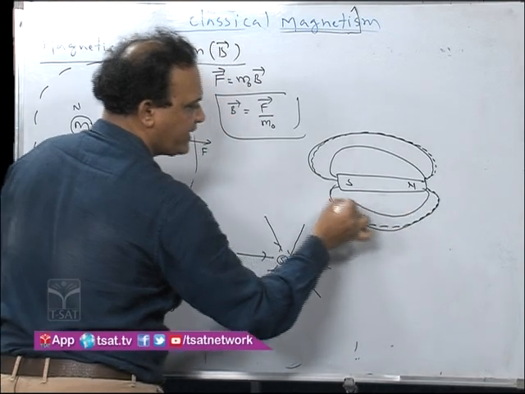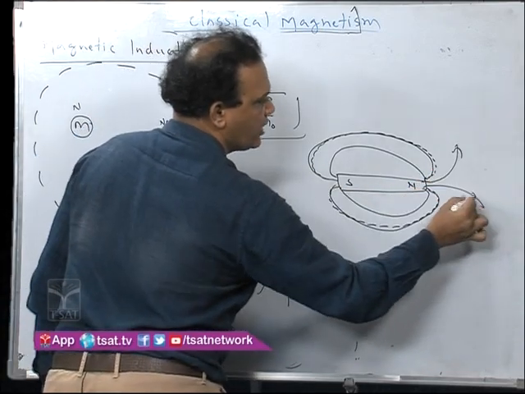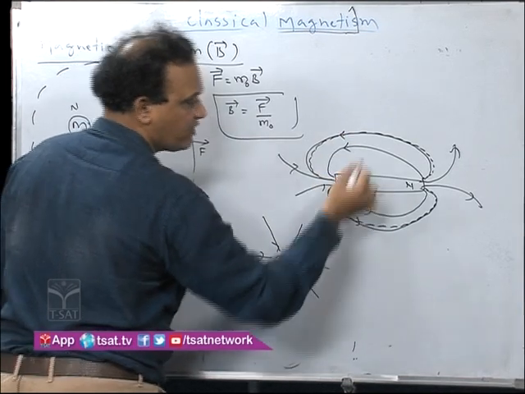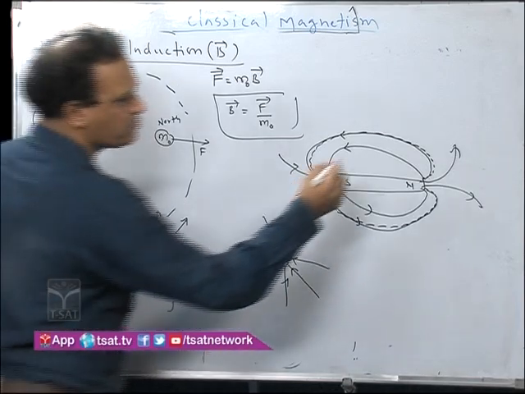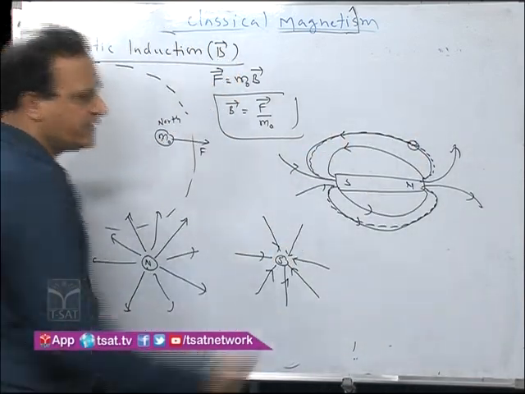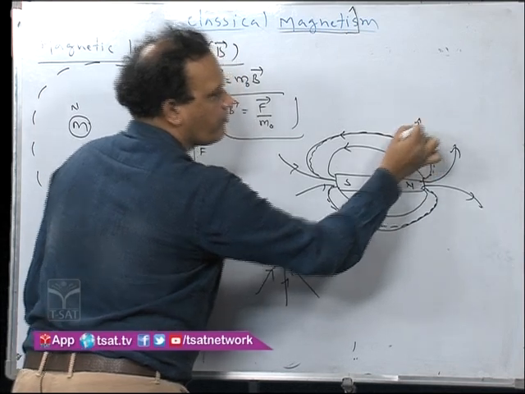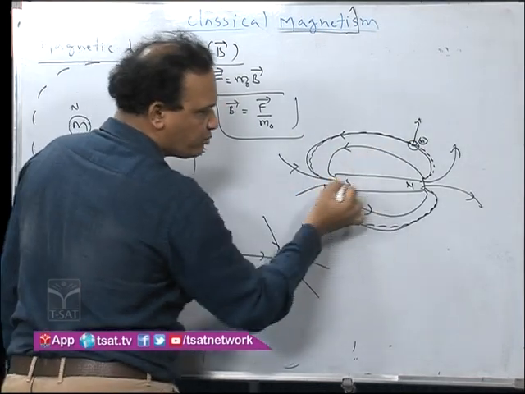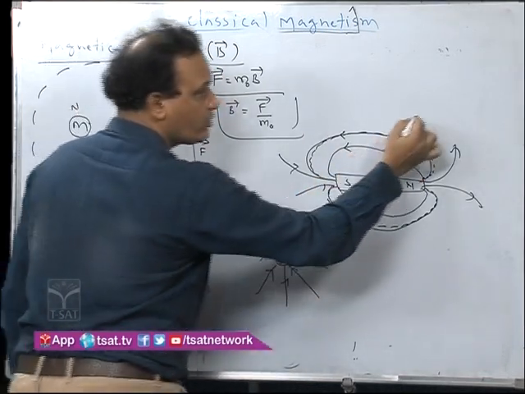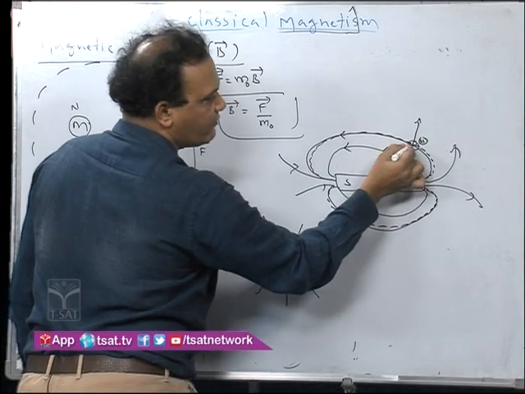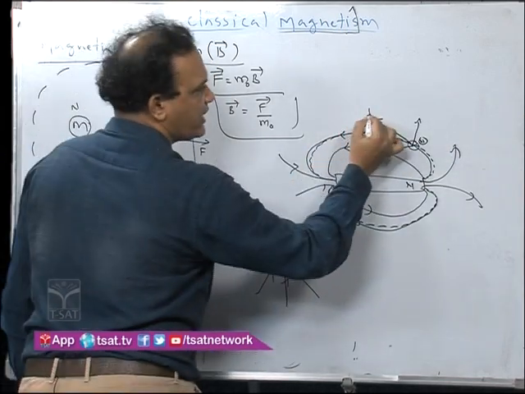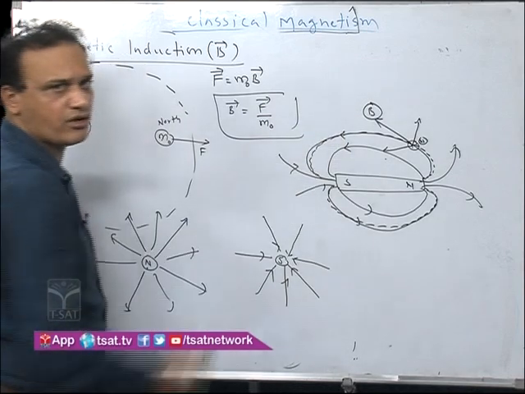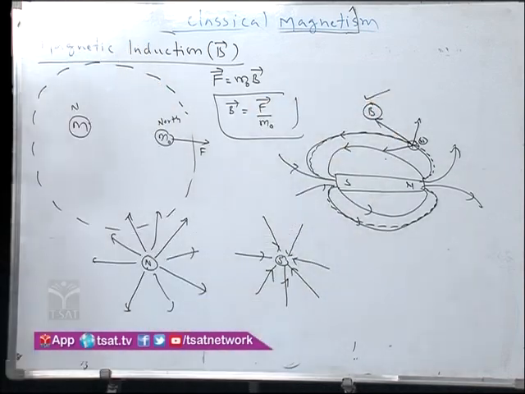So due to a bar magnet, the magnetic lines, as shown in the diagram, diverge here and converge here. But what is the use of these magnetic lines of force? Let you take this position. What about the magnetic field? See here, due to the north pole, the unit north pole repels, and due to the south pole of this bar magnet, it attracts. So here two forces are there. The resultant field is in this direction. Therefore, at any point on the magnetic line of force, a tangent drawn represents the direction of the magnetic field.